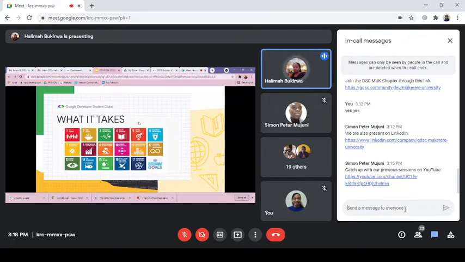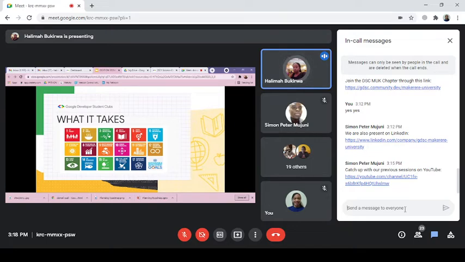So if you are there and you want to know what it takes to be a part of the solution challenge, it is very easy. You have to be a part of a Google Developer Student Club. So I know that everyone that is here, at least, is part of one, and you're part of the one for MUK right now. Maybe you're coming from another university that also has one. So you need to be a part of that.